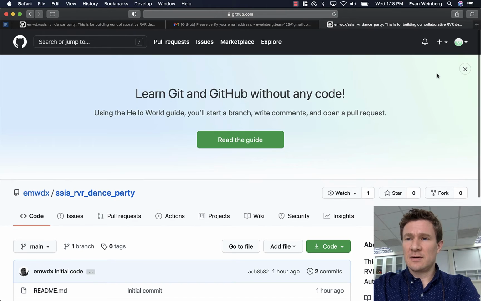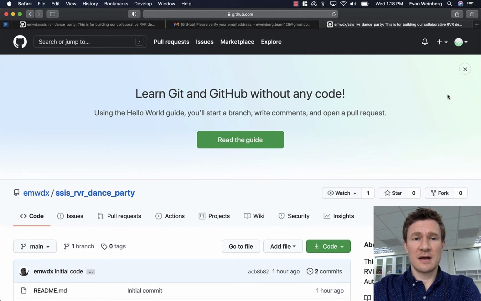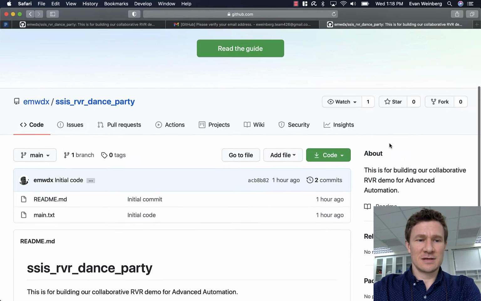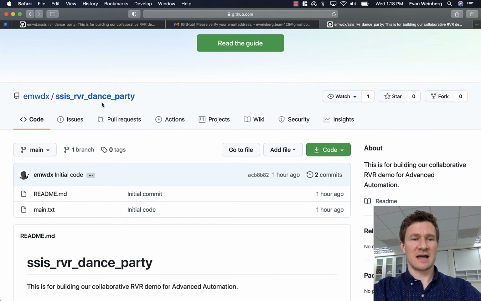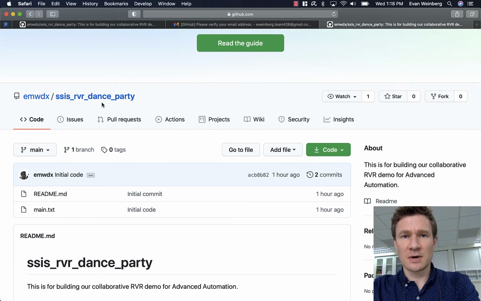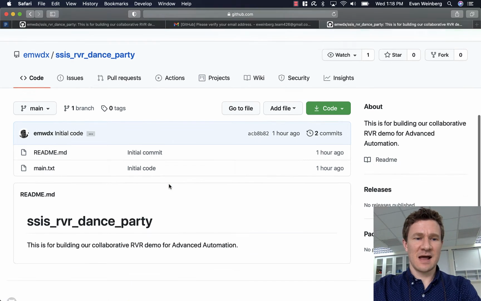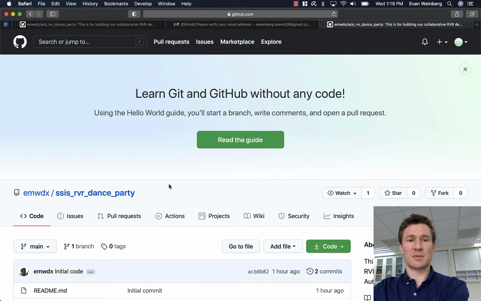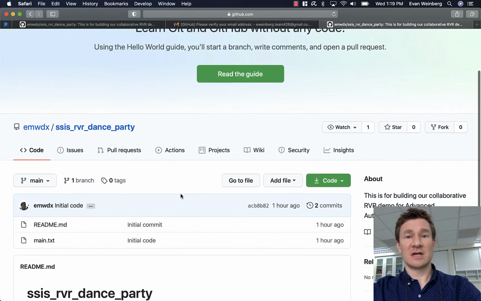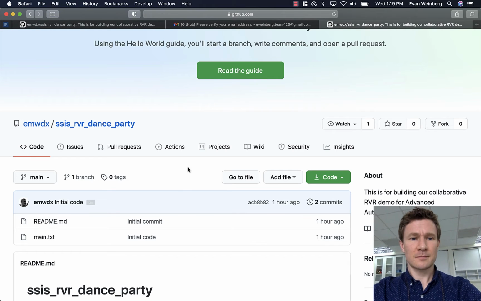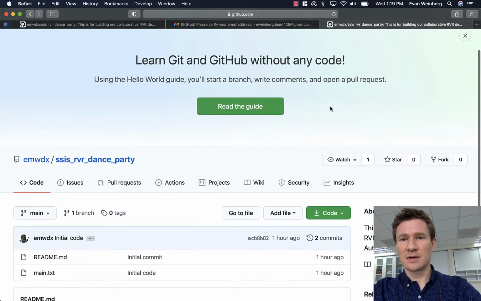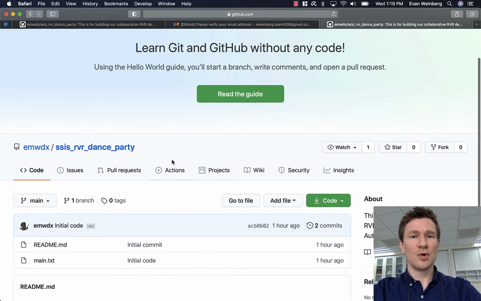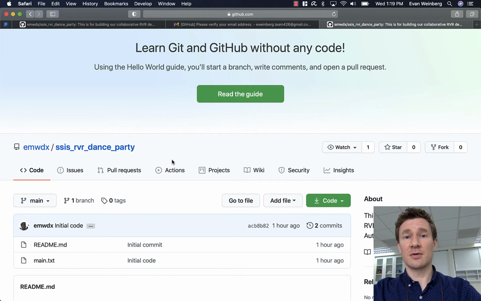So I am logged in with my other GitHub ID, and I am on my SSIS RVR dance party repository, so you can see that I have uploaded some code that will run on the RVR, and I've done that with my normal GitHub account. Because I'm signed in with my other account, I am viewing this like you will view it. I'm another GitHub user, and I now am looking at this code, which I want to try to use